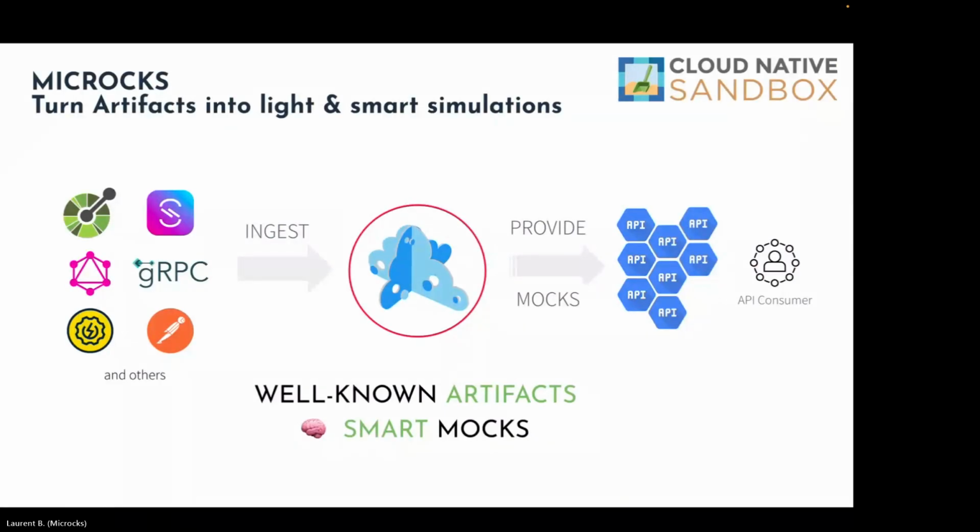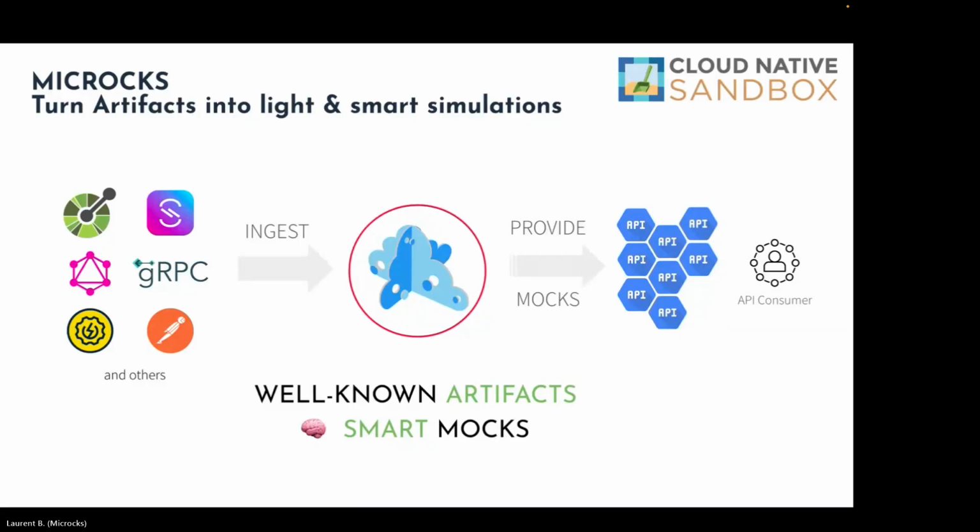How does it work in a nutshell? The main idea of Microcks is not to reinvent the wheel and not having you to write some specific stuff for Microcks. So the starting point is to reuse all the different artifacts you may already have as an organization. So it could be Swagger files, it could be Postman collections, it could be gRPC protobuf definitions, whatever. And Microcks is able to ingest all of this or to discover all of this on your different Git repositories, for example, and from that, it is able to